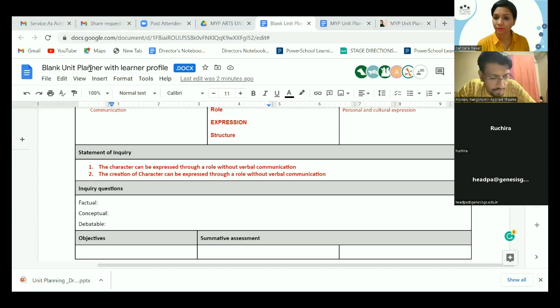If you want to work on something very basic, it could be what is theater, what is drama. So how will we place that in the key concept? Or maybe we are working on muscle memory. If you're talking about muscle memory, it's completely up to you. For example, muscle memory comes into aesthetics also. When you talk about Kudiyattam as a theater form from Kerala, the mudra has to come, the eyes have to go, and this is the shringar. Here the muscle memory works in terms of aesthetics, how the training of an actor enhances his muscle memory